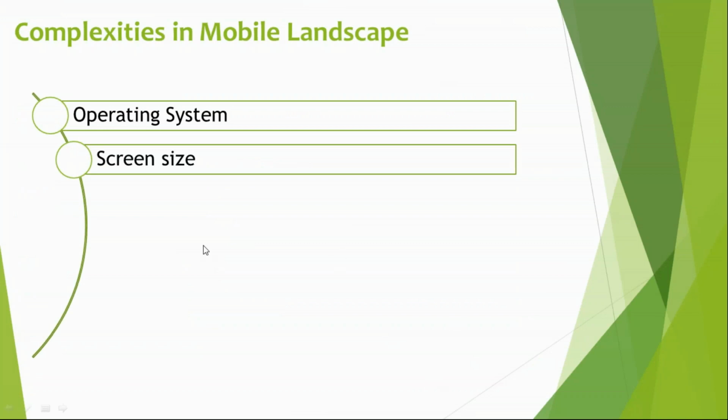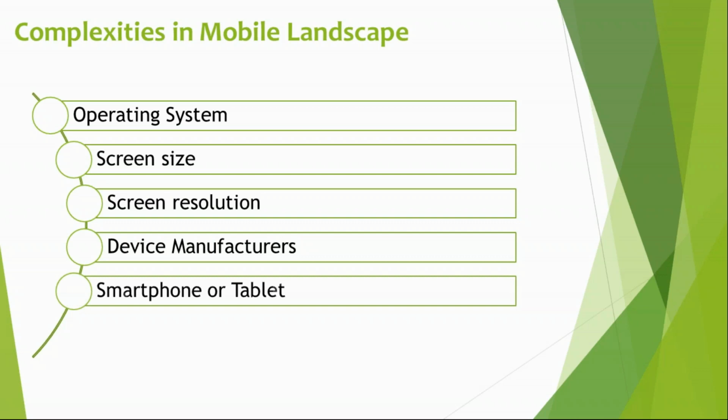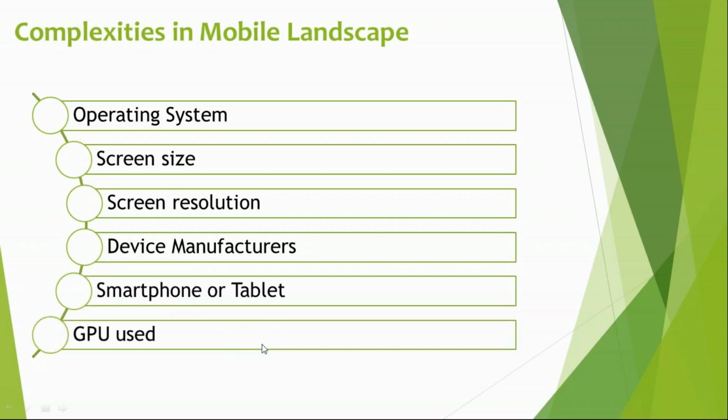Okay. So then as I told, there are a lot of device manufacturers. Like in Android, multiple companies. For iOS, it's only one. BlackBerry, again, a couple of manufacturers are there. In Windows, it is currently manufactured by Microsoft. And Firefox OS, multiple open source companies are using this, and Symbian OS. So Symbian was from Nokia, guys. And again, you need to consider smartphone or a tablet. And what is the processor used?